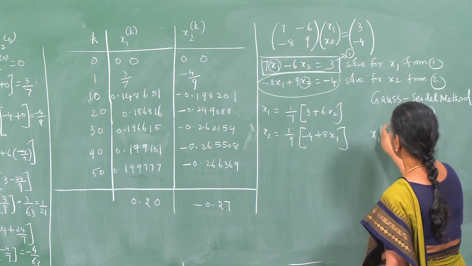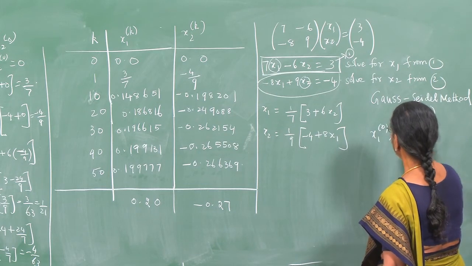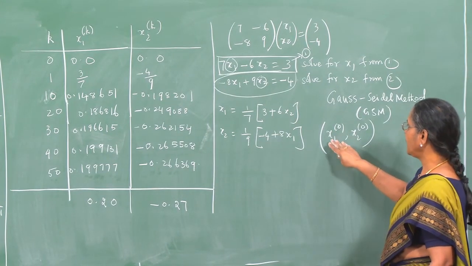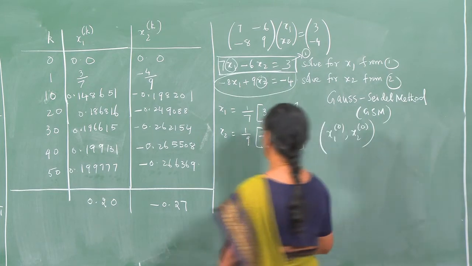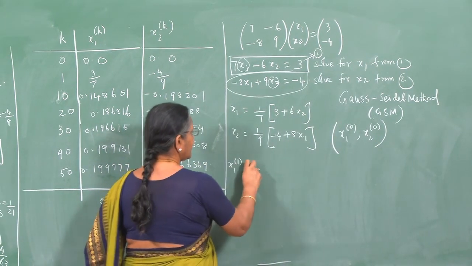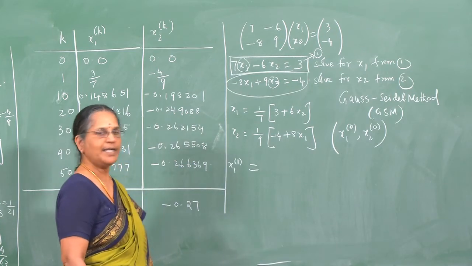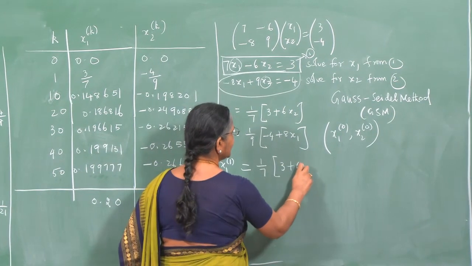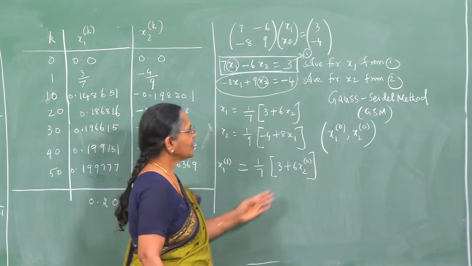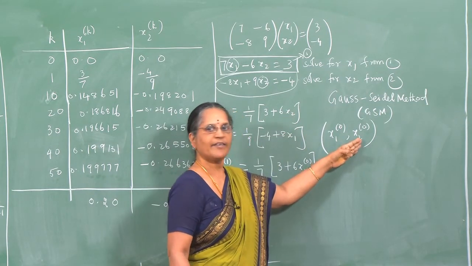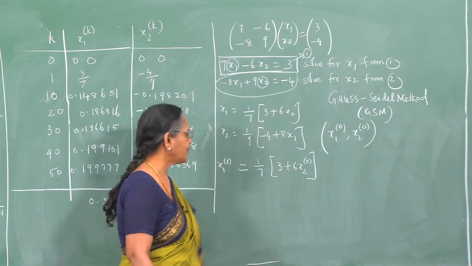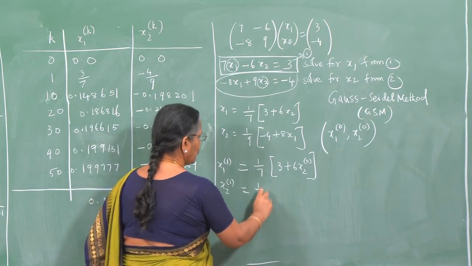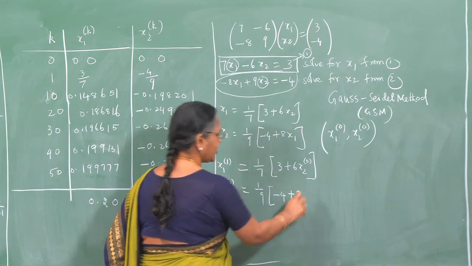So, as before, I have to start with an initial approximation for these two variables x1 and x2. Suppose you have chosen x1 naught, x2 naught as the initial approximation. Then the solution at the first step, namely the first approximation for x1, is given by 1 by 7 into 3 plus 6 times x2 naught, because I have information about x2; I have guessed that the solution is x2 naught. Now, I move over to the next equation. So, x2 1, which is 1 by 9 into minus 4 plus 8 times